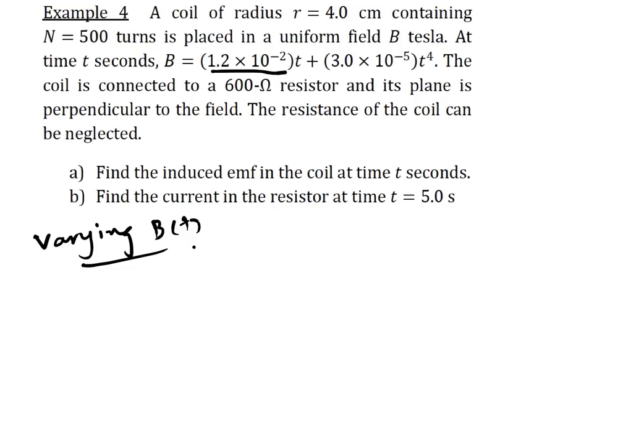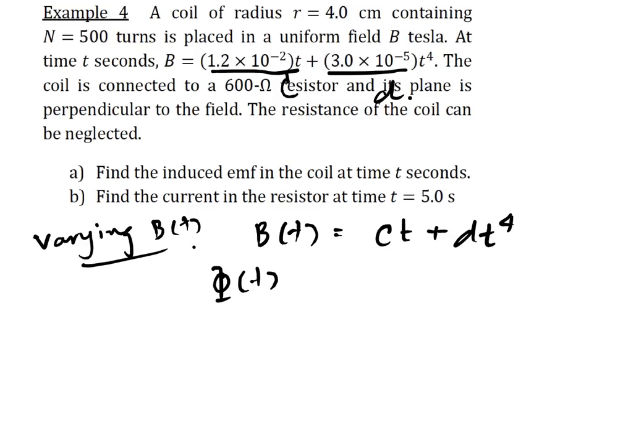I'll just say that this constant is C and this constant is D, and the function of the magnetic field is Ct plus dt to the 4. And then the magnetic flux as a function of time, it will be just pi r square, or as they say that the coil has the radius of r, so it's a pi r square, and times by Ct plus